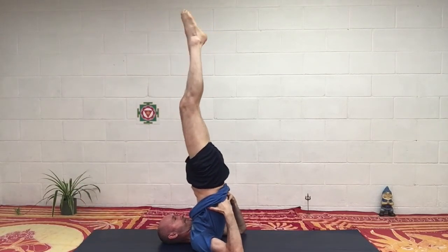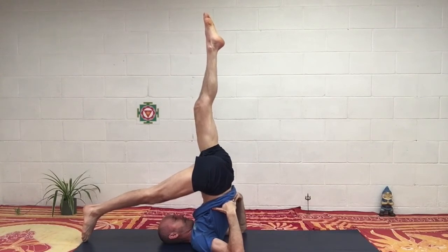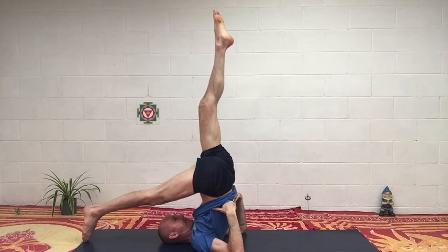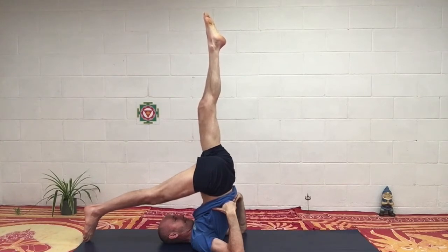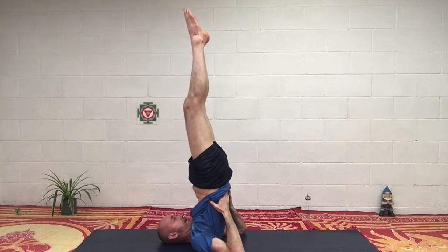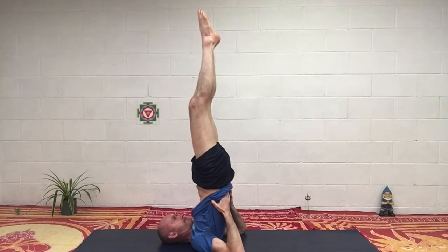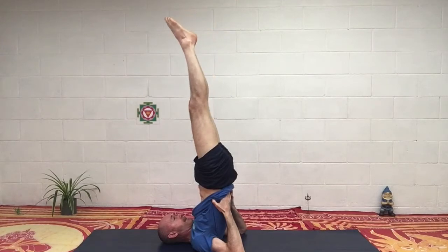Bring that leg back up and change. Bring that leg back up, reset the pose. So we're going to come down into the plow. Try to do it as slowly as you can. Keep your legs straight, feet together. Slowly now